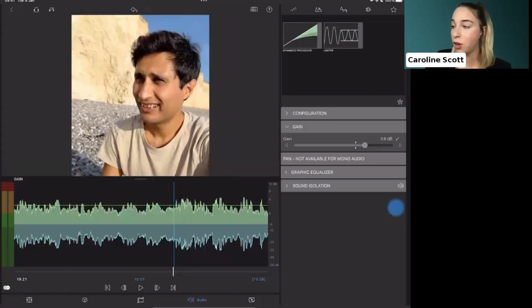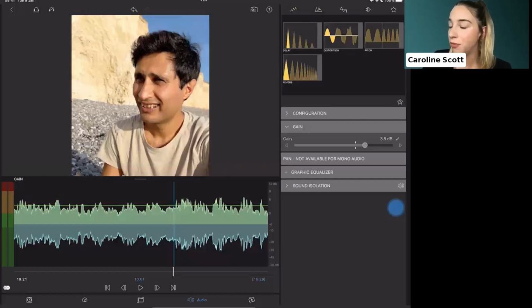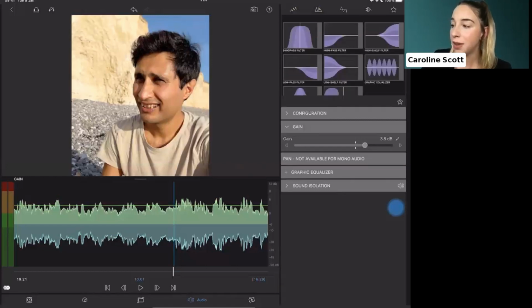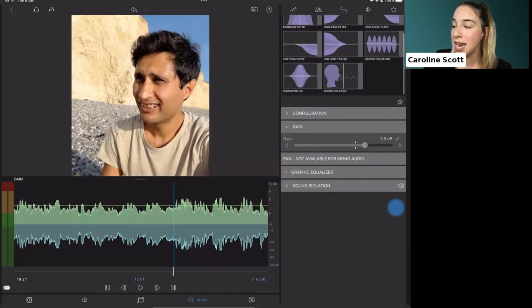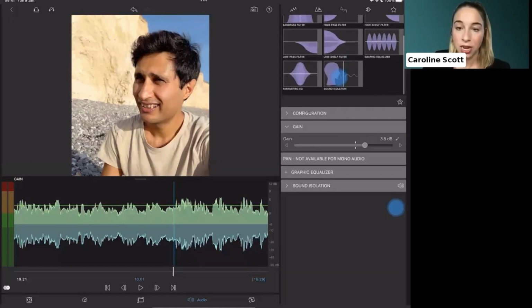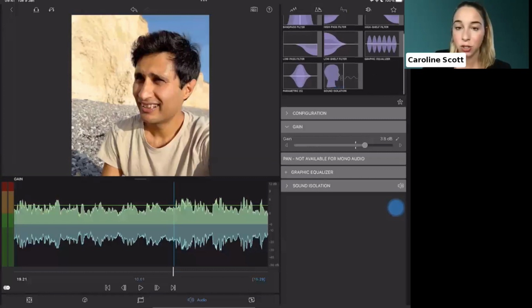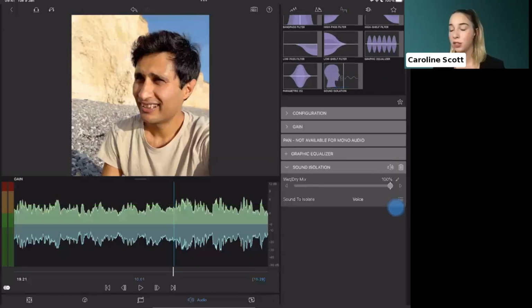It's one of our newest features here in LumaFusion, and you can see if you tap up here at the top of the screen into all of the purple effects here, we can add sound isolation on. Now, when you add sound isolation onto a clip, it uses artificial intelligence. It's Apple's sound isolation filter that we've integrated into LumaFusion, and essentially you can change this wet dry mix. The more that you add onto this, the more it will remove the background from the clip that you've got